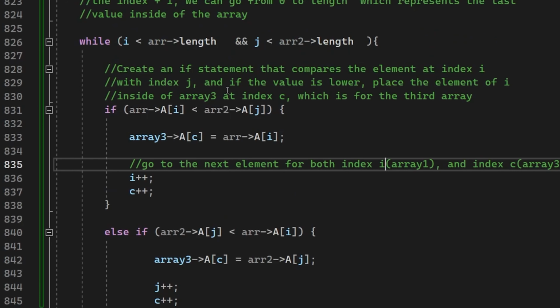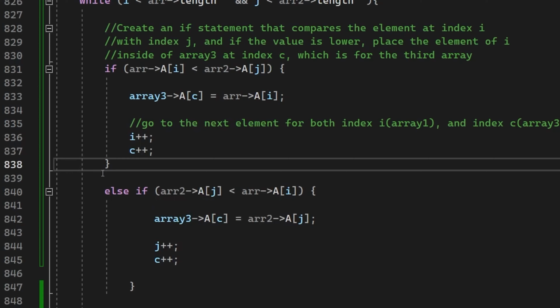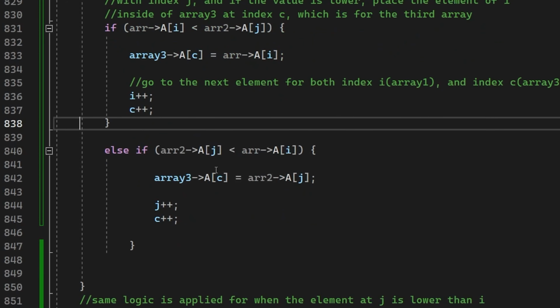So if, however, let's say I isn't in fact less than J and I is greater than J, then it would go to the next if statement, else if. And it says it right here. If the element in array 2 at index J is less than the element at array 1 at index I, then we want to do the same thing that we did, but instead of inputting the element of array 1, we want to input the element of array 2